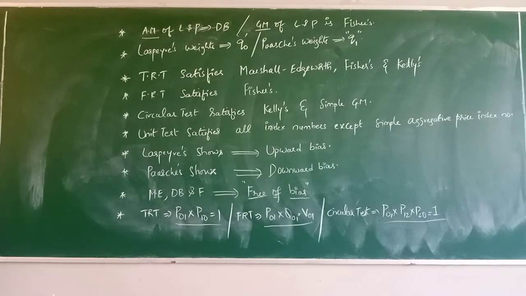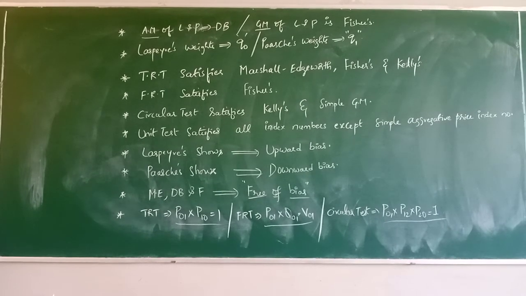So what exactly the question will be asked is: state the relation between... State means you are supposed to write a statement, not the formula, remember, I am explaining very clearly now. State the relation between Laspeyres, Paasche and Dorbish-Bowley. If it is asked, what are you supposed to write as the answer? Therefore, the relation between Laspeyres, Paasche and Dorbish-Bowley is: the arithmetic mean of Laspeyres and Paasche is Dorbish-Bowley. So this way the relation and the statement have to be written.